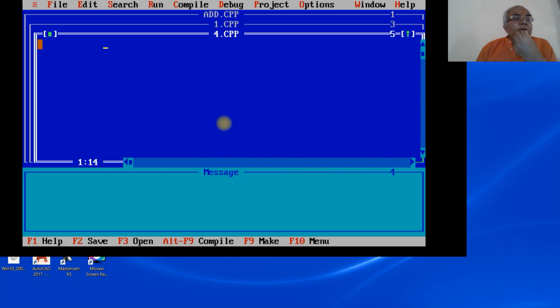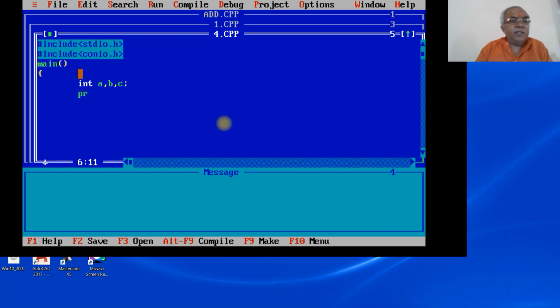Then we write include stdio.h, include conio.h, then main, open the parenthesis, int A, B, C, then A is equal to 10, then B is equal to 6, C is equal to A caret B.